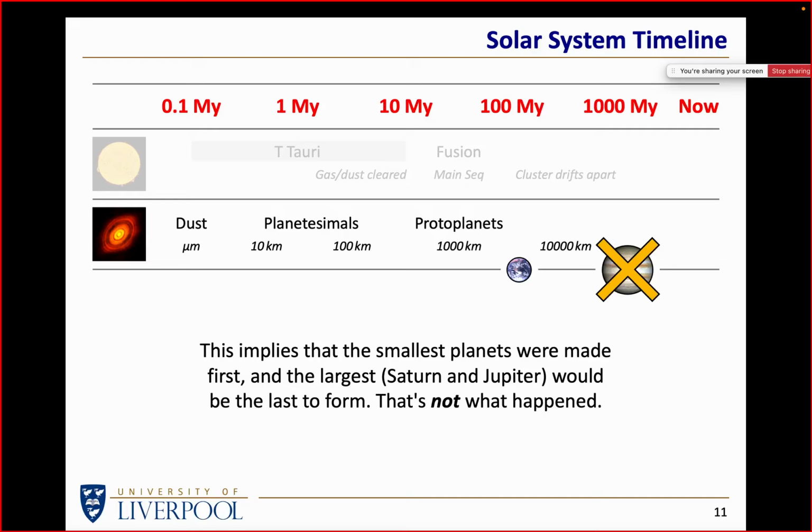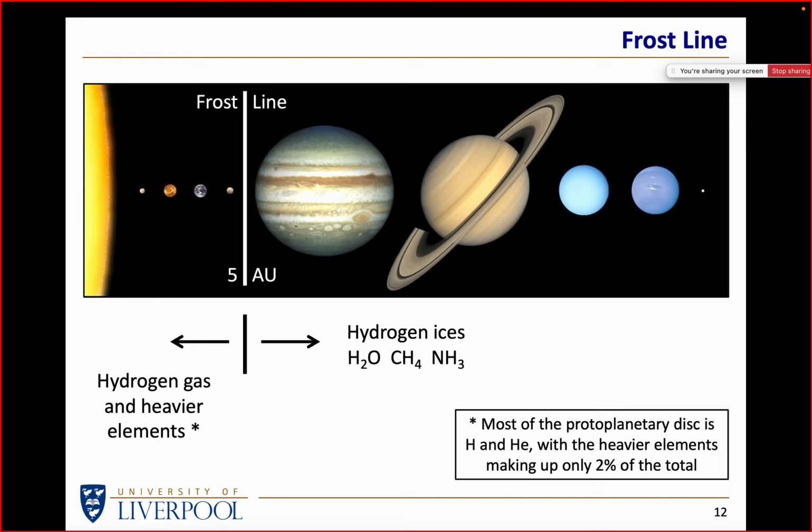According to our understanding, based on a lot of simulations and a certain amount of hypothesis, we don't think it's the case that small planets were built first and then the large planets were the last to arrive, which is what you'd expect from this naive idea of accretion. So why is it not the case that the large planets were built last? It's all based on this idea of a frost line, or sometimes called a snow line, sometimes called an ice line. In other words, out to about 5 astronomical units, 5 times the distance from the Earth to the Sun,